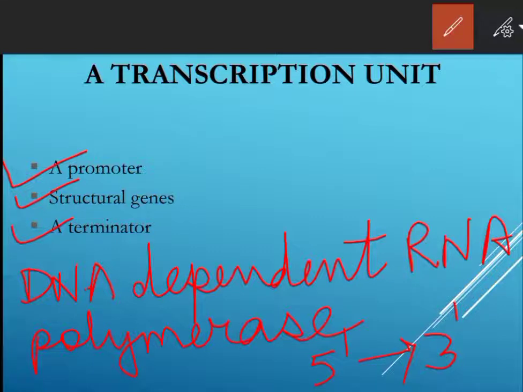The strand with 3' to 5' polarity acts as the template strand. The strand with 5' to 3' polarity and the same sequence as RNA, except thymine in the place of uracil, is displaced during transcription and is known as the coding strand.